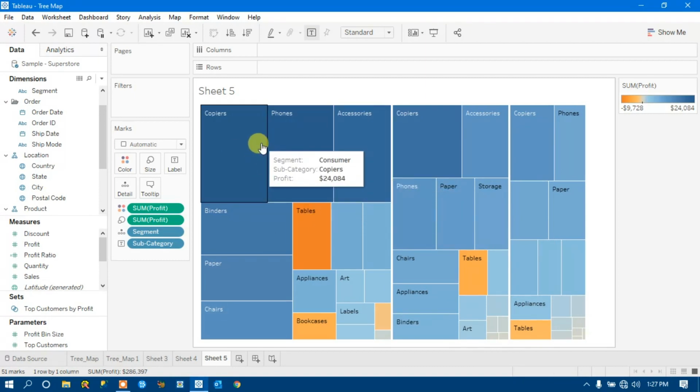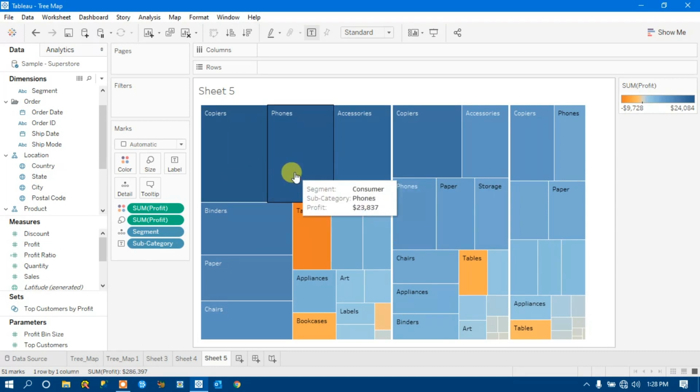So what basically it is doing, in a tree map, the dimensions are used to display the structure of the tree map, but the measure is used to display the size of the tree map, so the size of the rectangle, right?